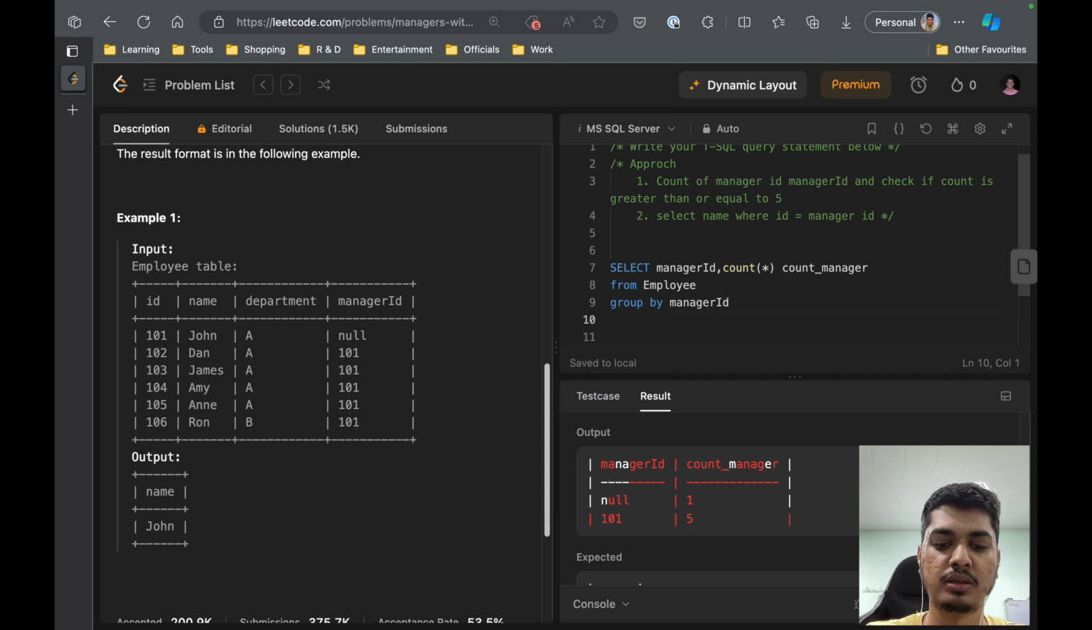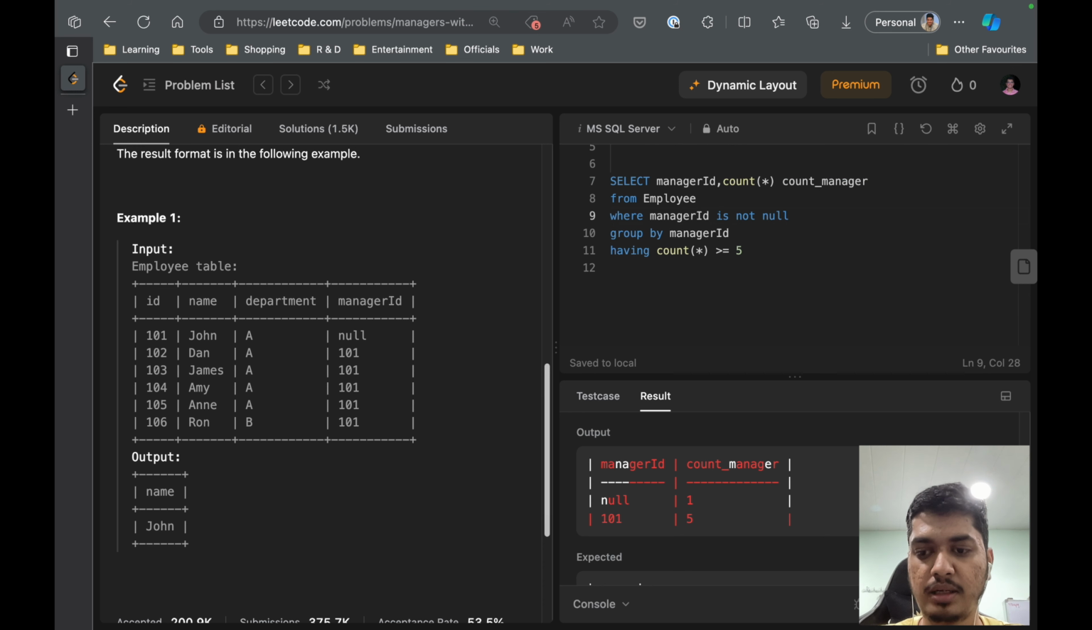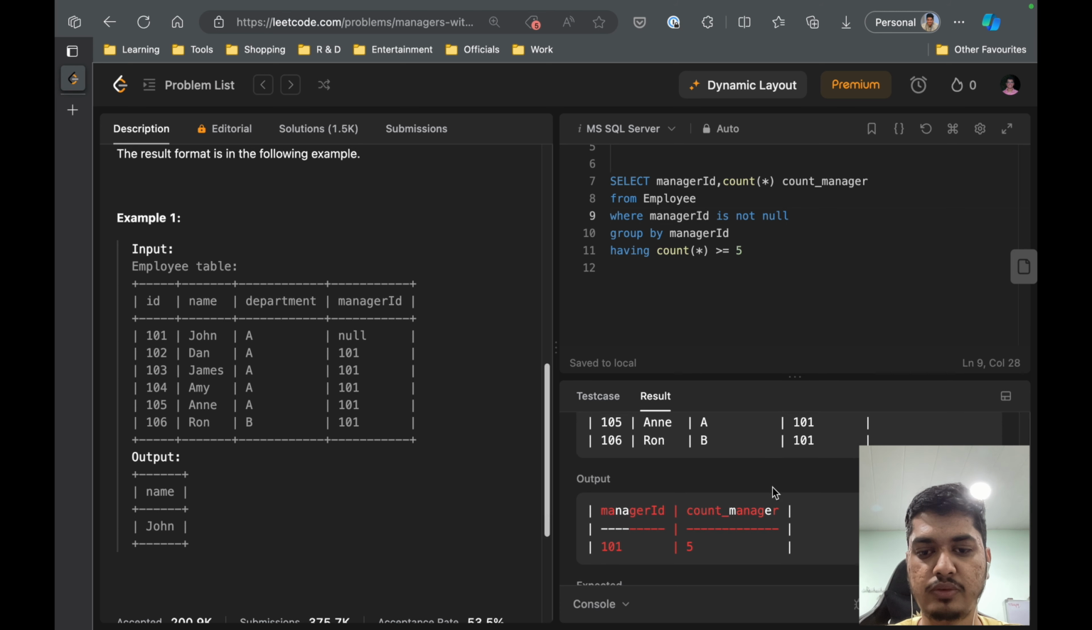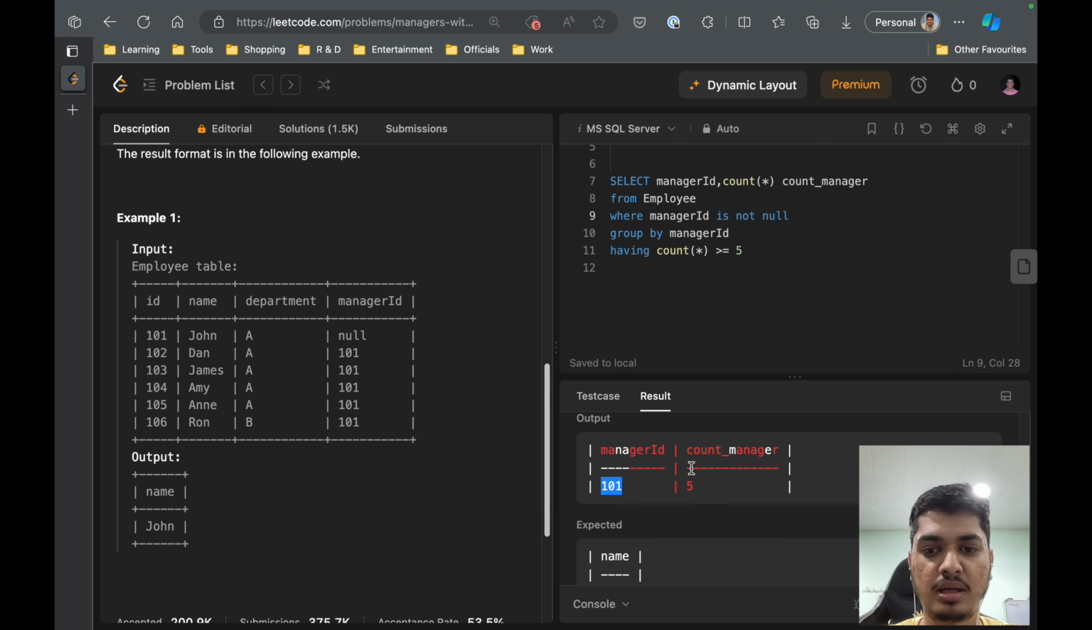Now what we can do is use a HAVING clause, having this count greater than or equal to 5, and WHERE manager ID is not null. Let me quickly run it. Now if you see, we have 101, that is this one, with a count of manager ID that is 5. Now we can just quickly remove this part, this is not required, and